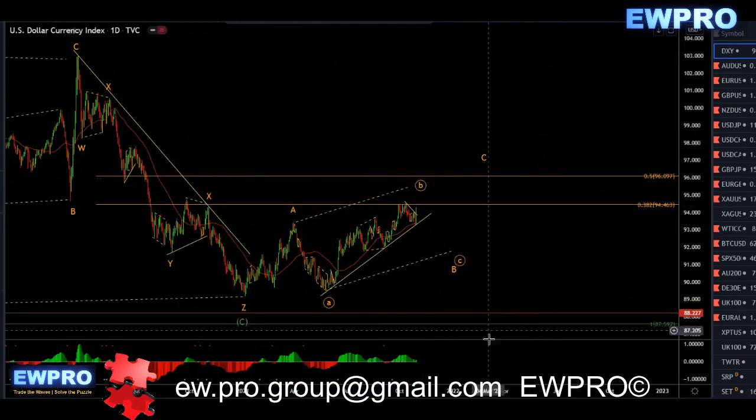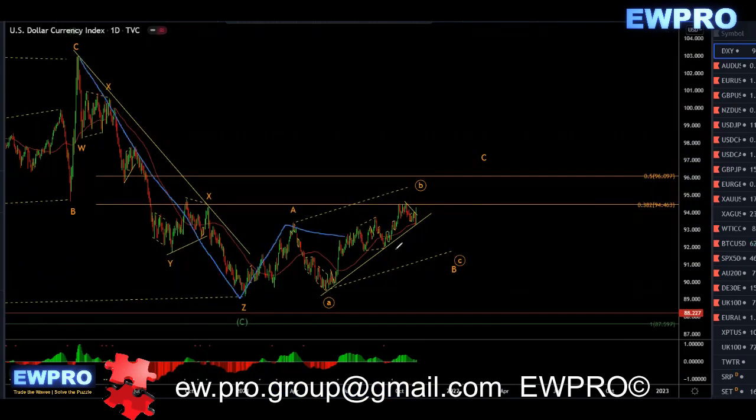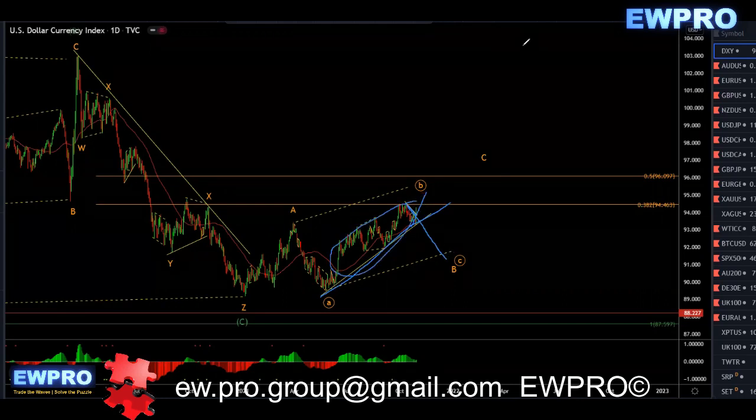So getting on to the weekly outlook, starting with the DXY on the daily, we got the 5 down, looking at A, B, C. In here we got a little trend line break. We've never broken this trend line here yet. I was hoping that we'd get this internal C wave down here, but it doesn't look like this is over yet. So if we go down to the H4,